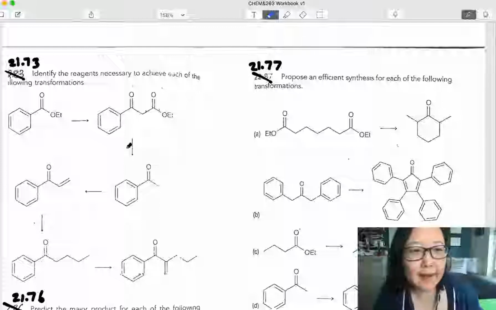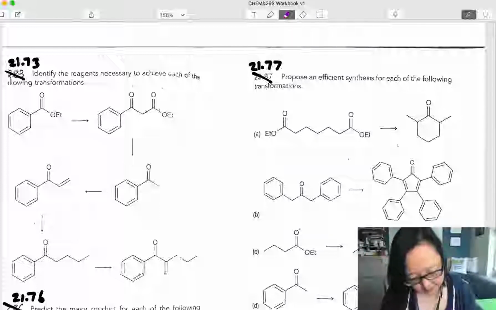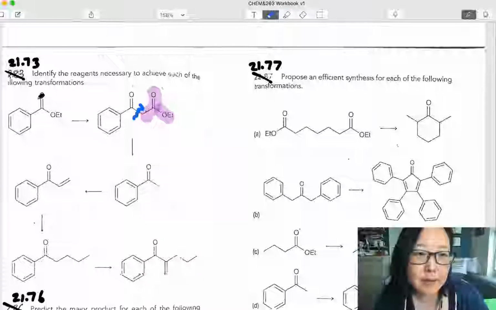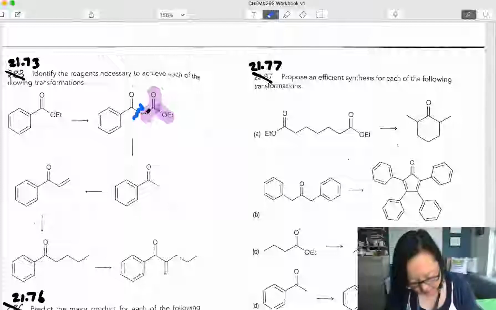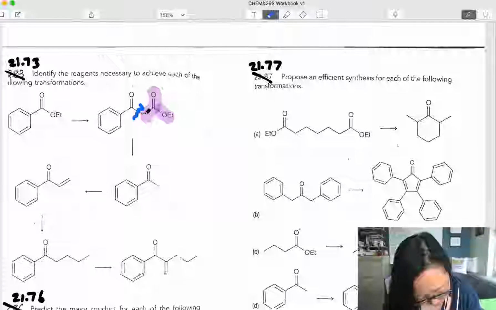All right, so here we are with the first one, and what I'm looking at is highlighting the things that are changing. So notice that we've got this group being added on. That's sort of a new thing, so I like to show that. So this carbon group here is this carbon group here. And so what I need to do is get a molecule of this in here. So what I'm going to do is probably add this molecule, which is an ester, ethyl